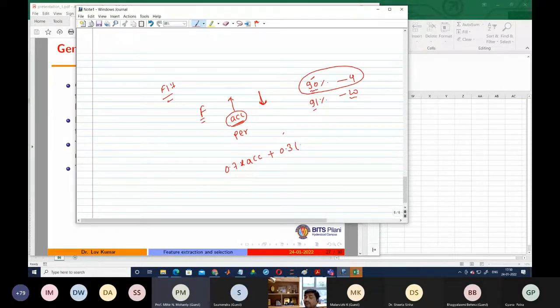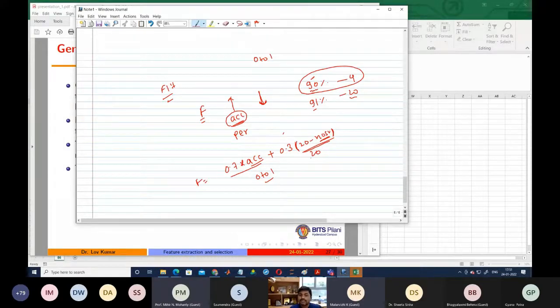So that's why we are writing how many features we are selecting, means (maximum number of features minus number of selected features) divided by maximum number of features. Because if we are using this formula, then we will get the value between 0 to 1, and we are also taking the accuracy value between 0 to 1, because it is 20 minus the number of selected features, divided by 20. If you are taking a lower number of features, definitely the value of this component will improve, and if you are taking the highest number of features, then definitely the value of this component will reduce. And our objective is to maximize both the components. So that's why we have defined one fitness value.